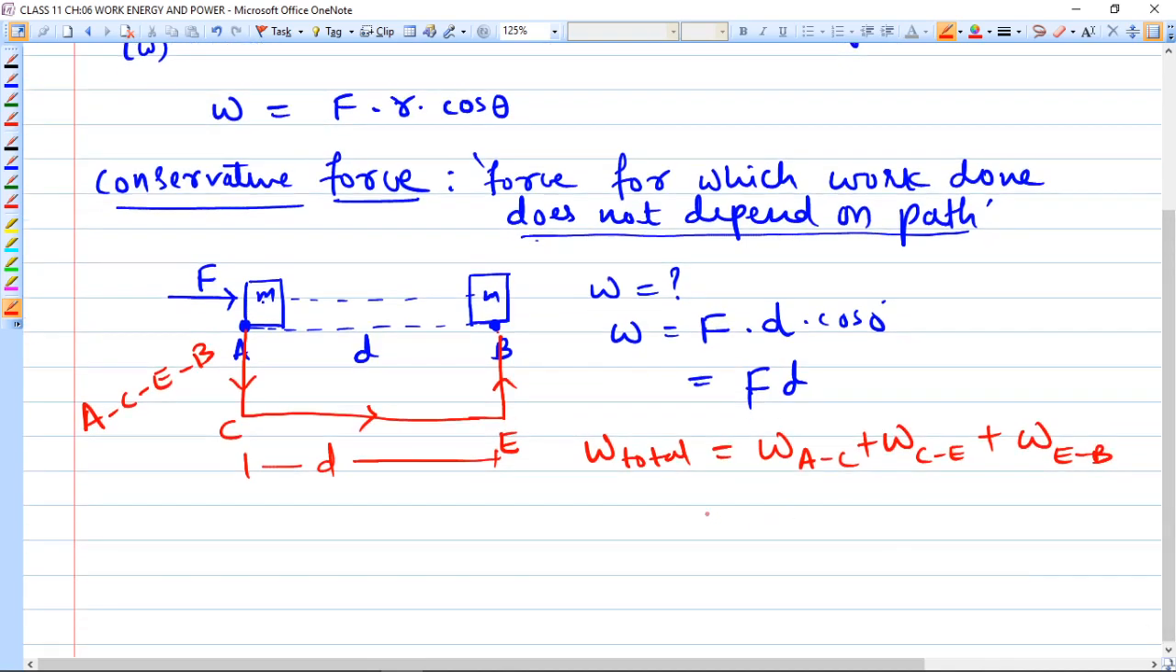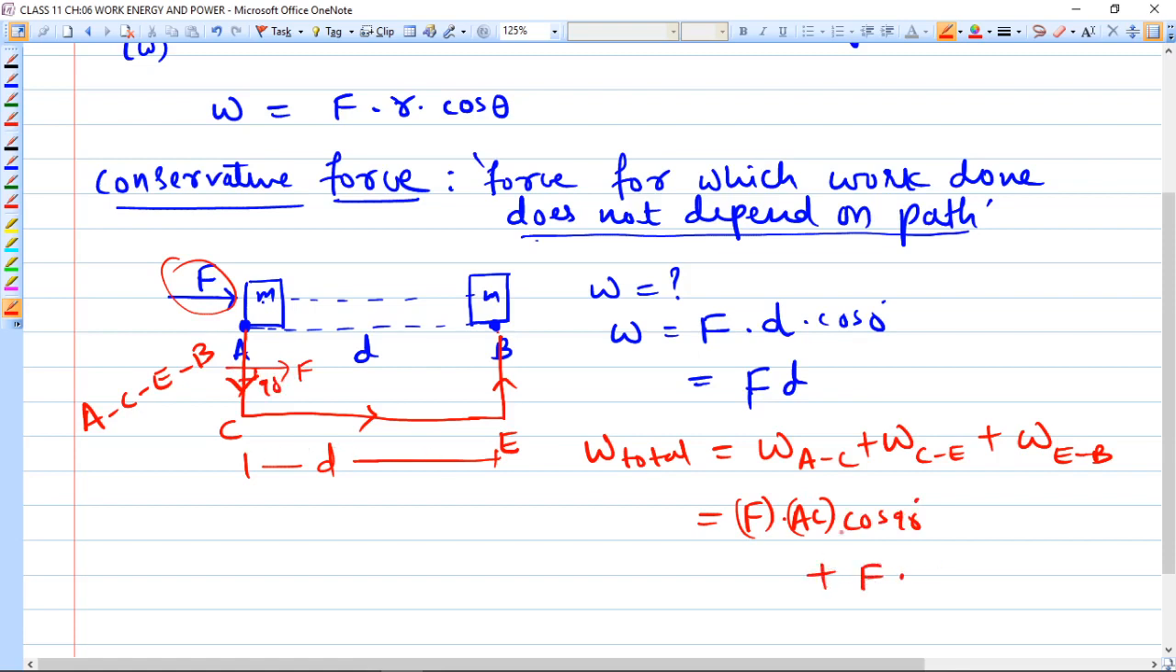Now see carefully here. Work done from A to C is equal to force applied, F, multiplied by AC. In the path AC you are moving downward, and force applied is like this. So what is the angle between them? 90. So here I have to write cos 90, plus